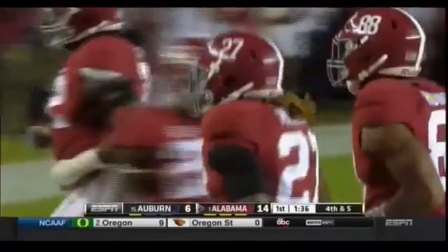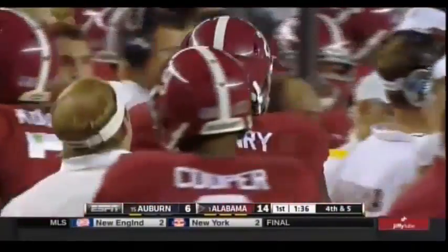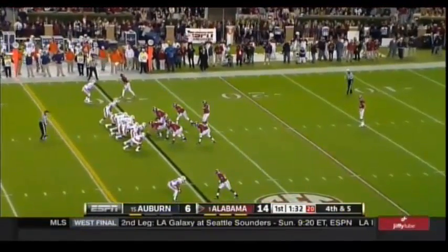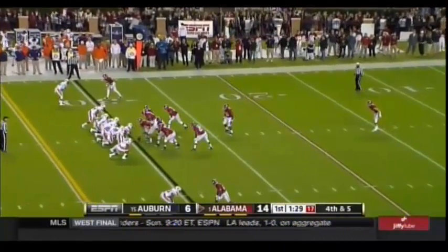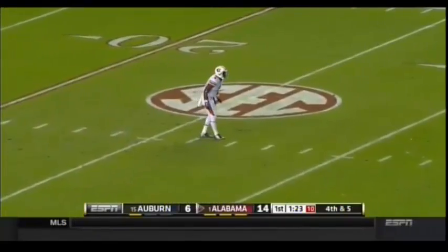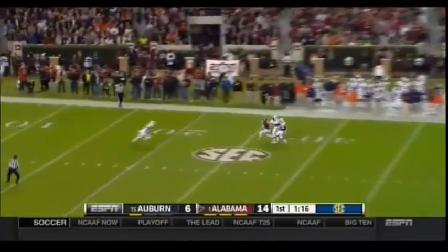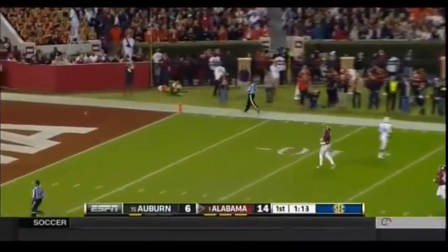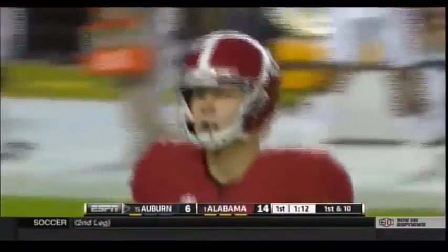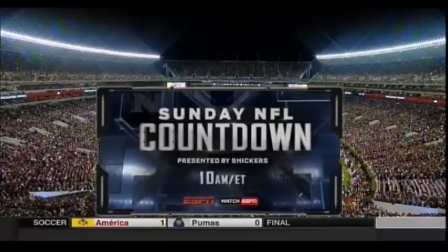And Blake Sims, walking very, very gingerly, now trots off to the attention of trainer Jeff Allen, who greets him out at the numbers. And here's the first punt of the night. Alabama's great punter, who is number 2 in America, kicking it away to America's number 2 punt returner, Quan Bray, who averages 18.1 yards per return. Goes strength against strength again. J.K. booms it. Oh, and Quan Bray all the way back. And I'm getting away from this one. It takes a big roll and goes into the end zone. That's the way to keep Quan Bray bottled up with a career-long